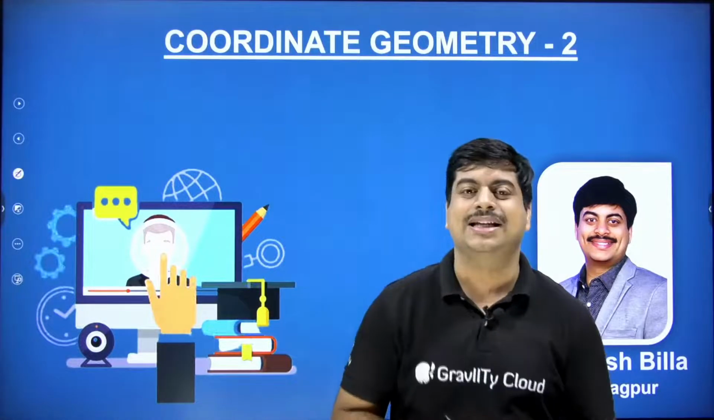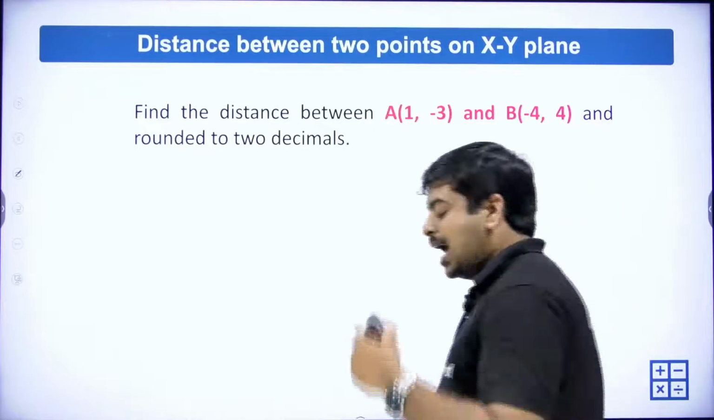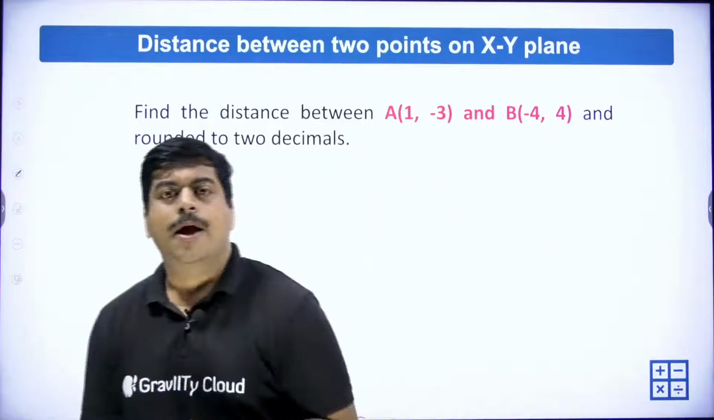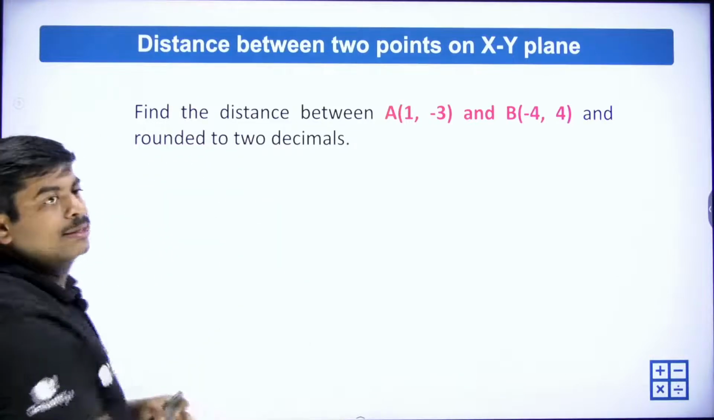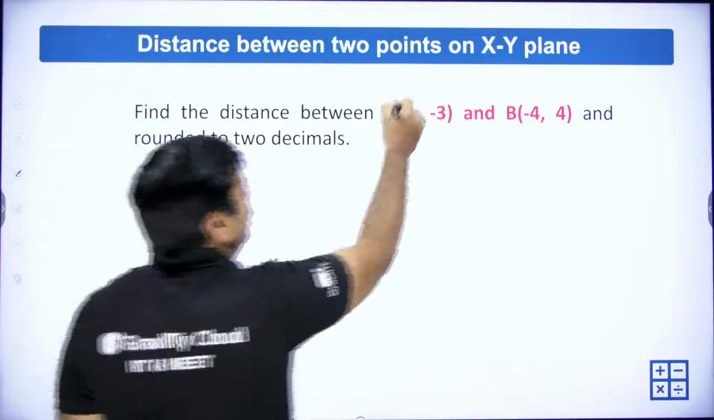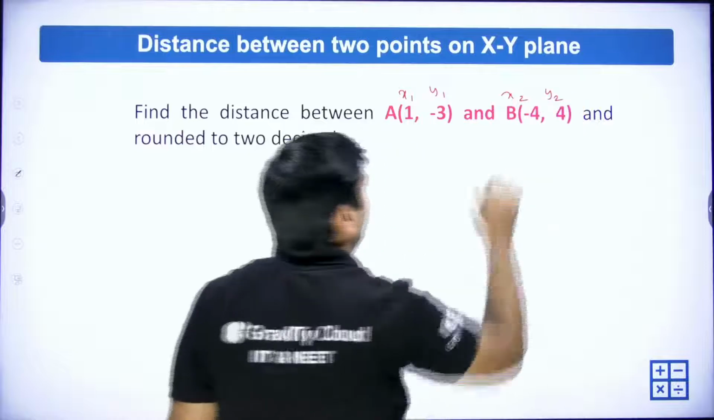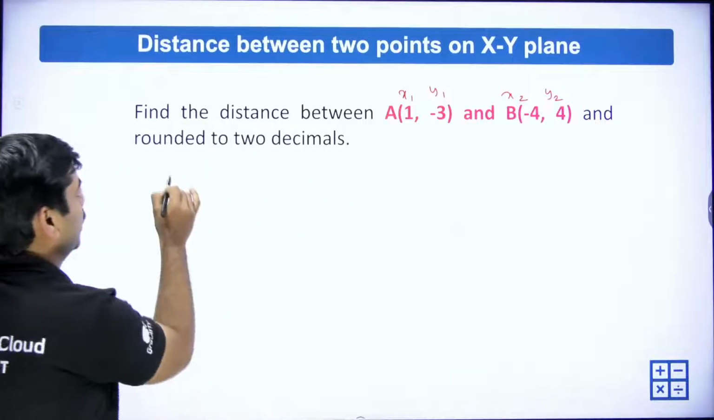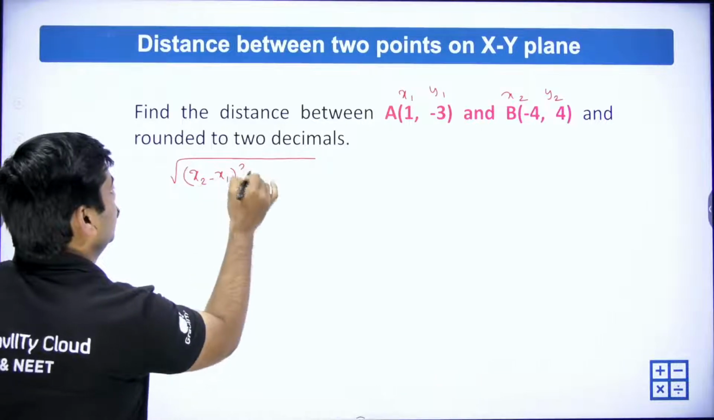Let's start today's class. The first one that we're going to discuss is to find the distance. Yesterday we discussed the same thing, but I didn't tell you the answer when rounded to 2 decimals. The distance between these 2 points, you know the formula: x1, y1, x2, y2, so that is equal to root over (x2 minus x1) whole square plus (y2 minus y1)